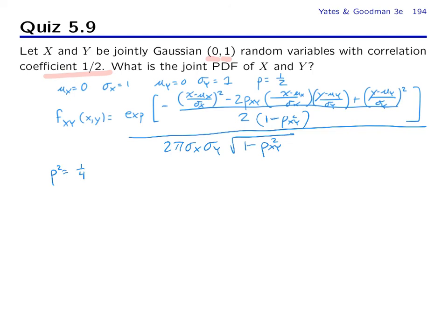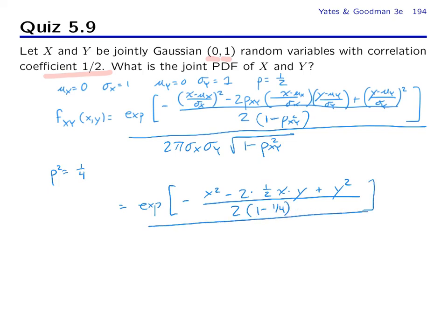And we can rewrite this as minus, we get x squared minus 2 times 1/2 x times y plus y squared all over 2 times 1 minus 1/4, all over 2 pi times 1 times 1 times the square root of 1 minus 1/4. And so this simplifies to